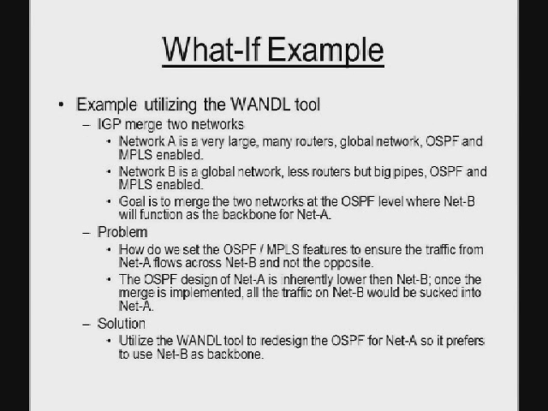Let me give you an example of a what-if scenario I'm actually doing right now at Verizon. We have two networks, if you will, both global. Network A is a large network, 900 routers, really big. Network B is also global, but smaller, with fewer routers, but it has big trunks, right? Talking 10 gig and 40 gig OC-768. And we just added 100 gig Ethernet in Europe on it.